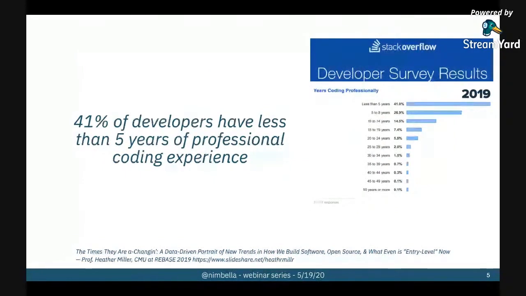This is further reemphasized by a Stack Overflow survey just last year, which looked at how many years of developer experience people think they have. And 41% of respondents out of 74,000 responses said that they have about 5 years of professional coding experience or less. So, if you're talking about the explosion of what's happening with cloud computing and the whole world essentially moving towards remotely distributed